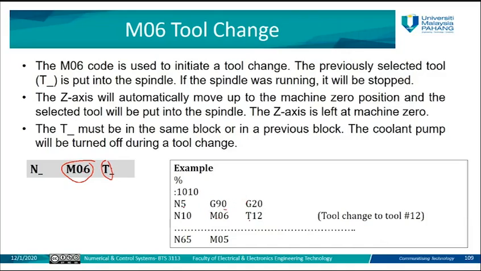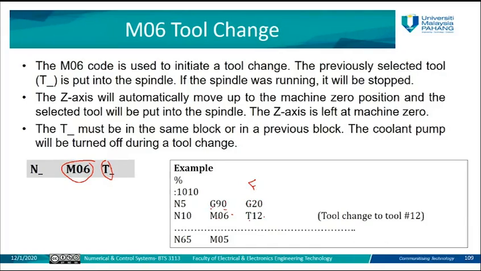block. I mean, you cannot have more than one M in one block. In the program, yes, but in one block you only need to have one M code. You only need to have one feed rate. You only need to see one speed in one block. Okay, so there is no repetition. But for the G, we can see